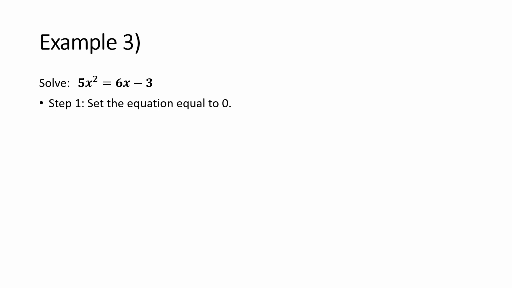Since this is a positive 6x, we will subtract 6x and move it over to the other side. This is a negative 3, so we will add 3 and move it over to the other side. So what we end up with is 5x squared minus 6x plus 3 equals 0. It is important when you do this that you put those values in order. The x squared has to be first, and then the minus 6x has to be second, and the plus 3